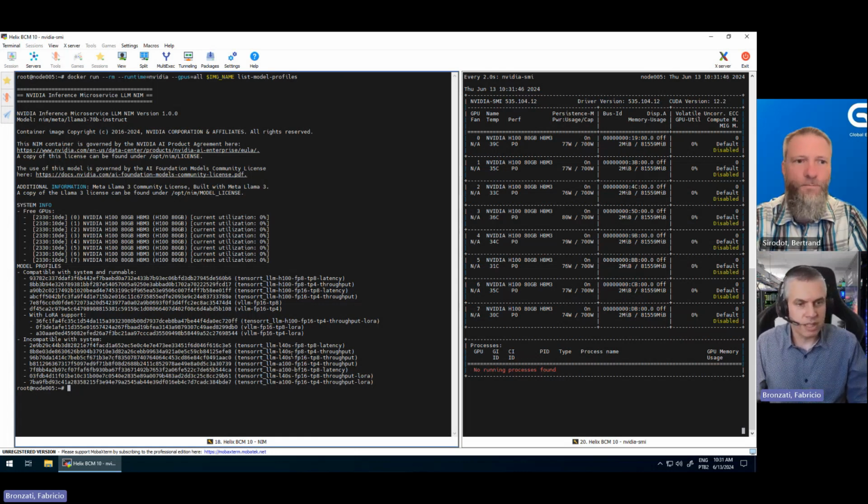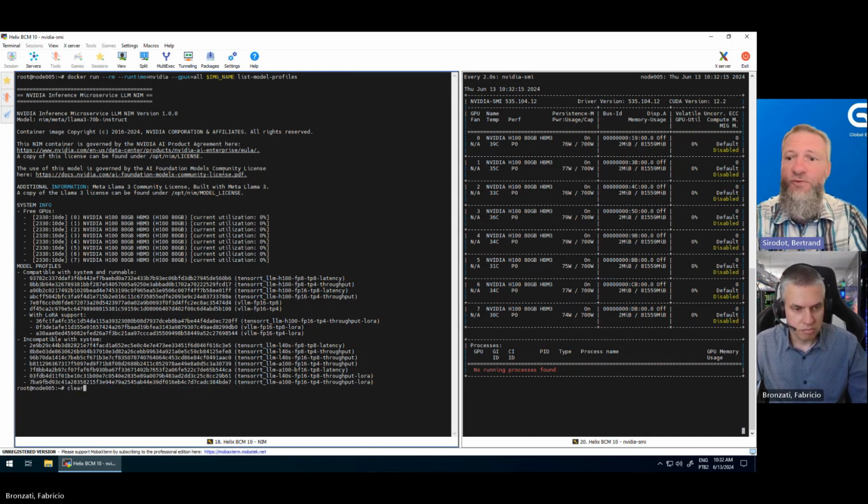So it's very easy to run. And it's interesting that you can select a profile for fine tuning and customization as well. So that's super cool. Because let's face it, 95% of the use cases are inferencing. Another probably 4% are going to be customization or fine tuning, and then 1% is going to be training.